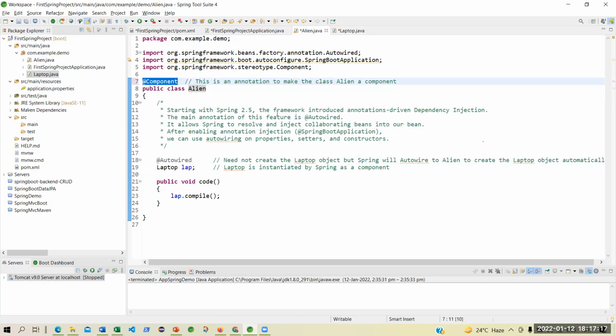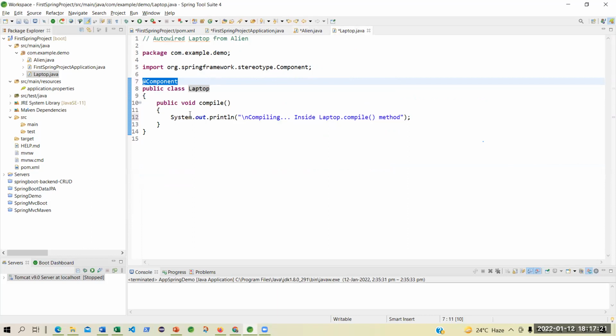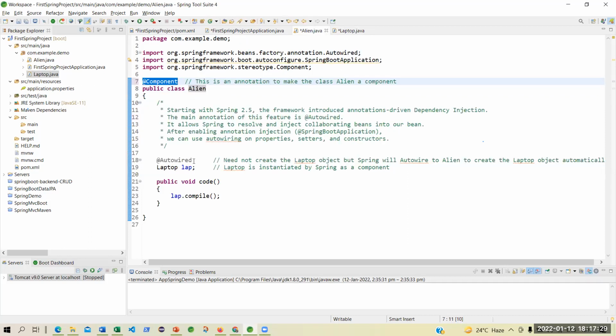But Align wants to use the function compile, which is under the object Laptop, or component Laptop. So what will it do? It will simply say that since I'm using Spring Boot, I'm directly weaving that.